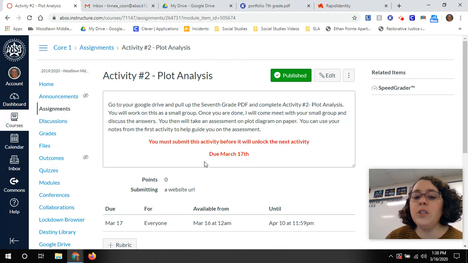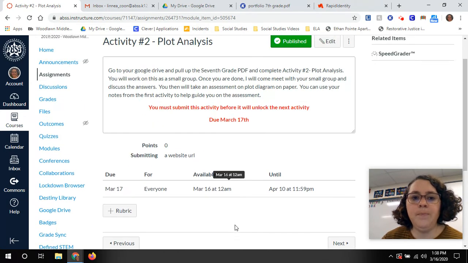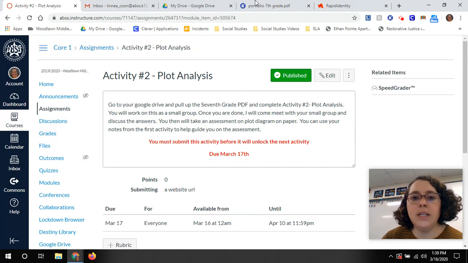So this is supposed to be due by tomorrow, but I know everyone's kind of at their own pace and everyone has a lot of things going on. This is what activity 2 looks like. So once they go into their Google Drive and pull up the 7th grade PDF, what they're going to have to do, and they should know this,